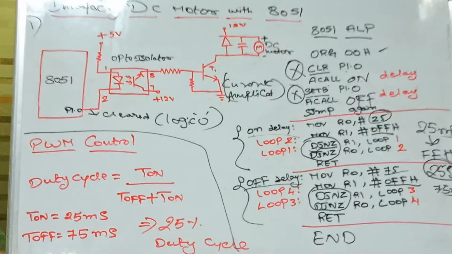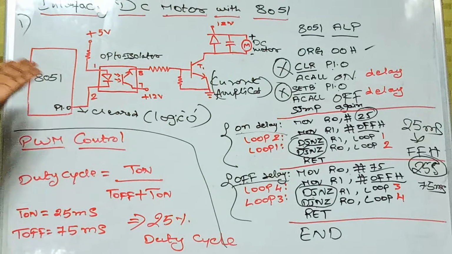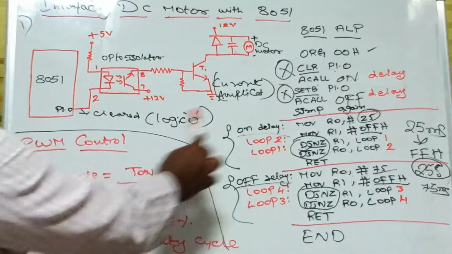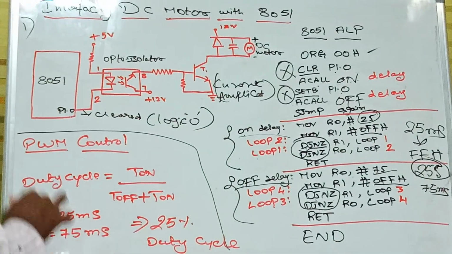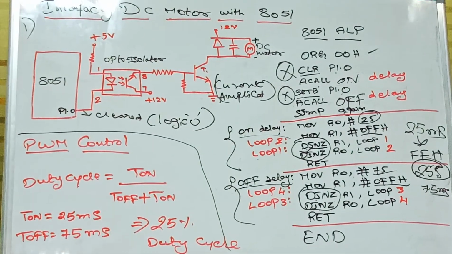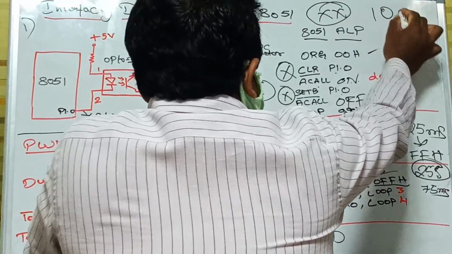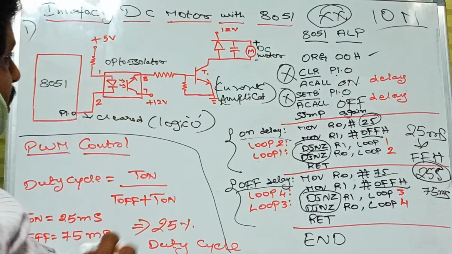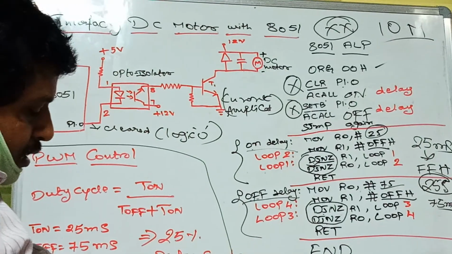So this completes the explanation of interfacing of the DC motor with 8051. This is the picturization of the DC motor, the assembly language program of the DC motor, and the calculation part of the DC motor. And this is a compulsory question for the coming exam which carries 10 marks. 5 marks for the picturization of the DC motor and another 5 marks for programming and calculation of the DC motor. Thank you.